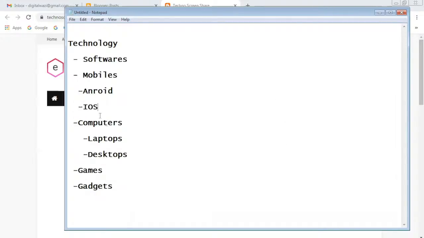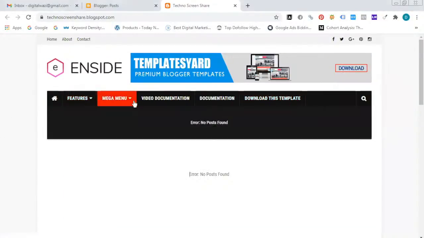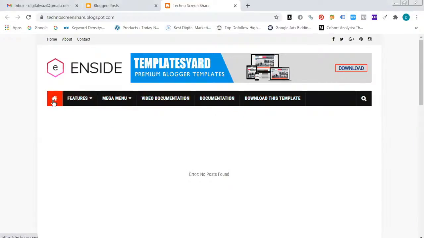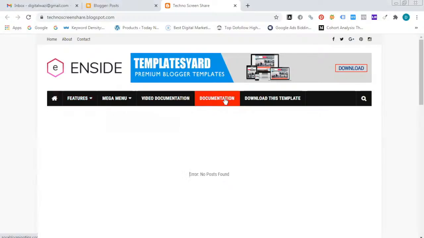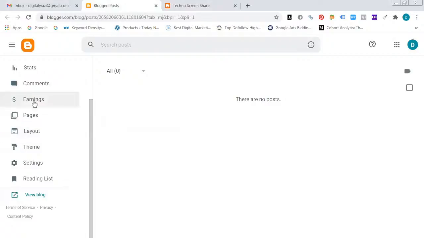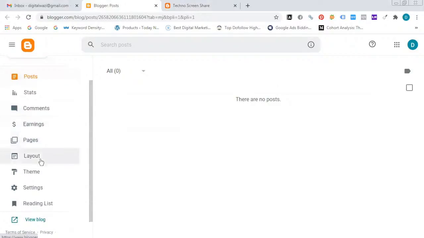See, according to our blog, you will prepare our topics. If you don't know, take some reference websites and collect them. And we already have some existing menus. What are the existing menus we have? You can replace them with your own menus. How do you replace? After logging into our Blogger backend, all the blog editing options are available, mostly in Layout. Go to Layout.